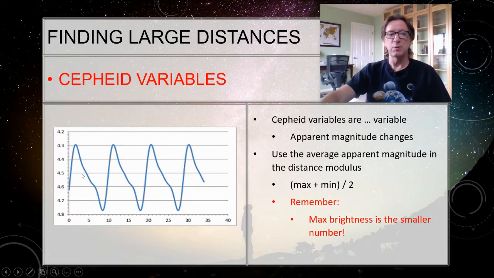It's kind of hard to see from where we are here. Look on your own chart, you'll see it. And then this might be, hard to read again, maybe 4.77, somewhere in there. So you add those two numbers up and divide by 2. That's going to be the average apparent magnitude. You'll use that for your little m.